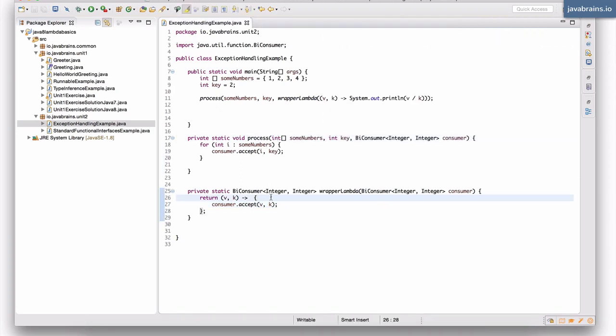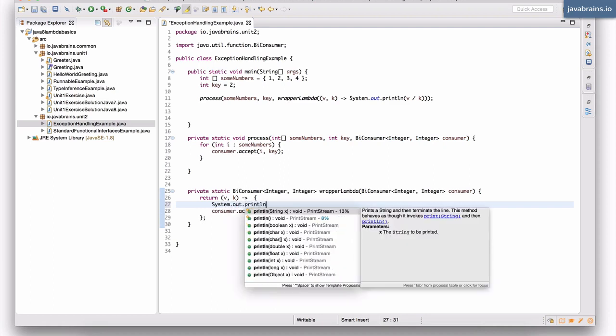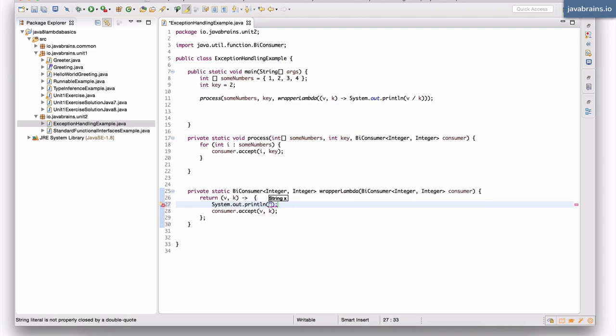All right. So you can do something fancy like adding some extra lines. I can say system.out.println of "executing from wrapper." Now what's going to happen is this wrapper is going to do one more thing, and then it's going to execute what it was actually wrapping. So in this case, I'm going to get this "executing from wrapper" printed each time this lambda expression runs